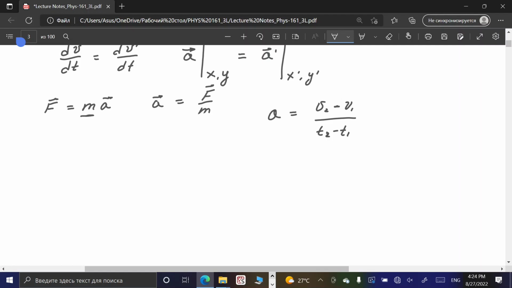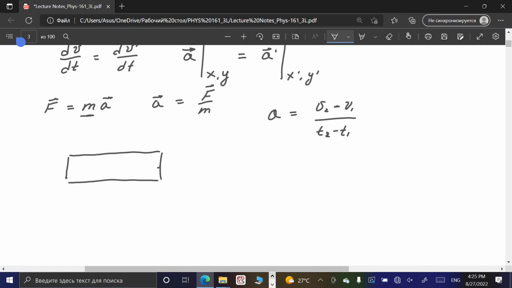Well, you can do it with GPS, of course, but that will not be so accurate because of positioning and time. You can derive acceleration from there, but since GPS is not so accurate positioning, the accuracy will be quite low. So you have a special device embedded in the smartphone which measures acceleration. Actually you have three of them because you can measure acceleration along three different axes, x, y, z. But if we consider just one, like general principle,